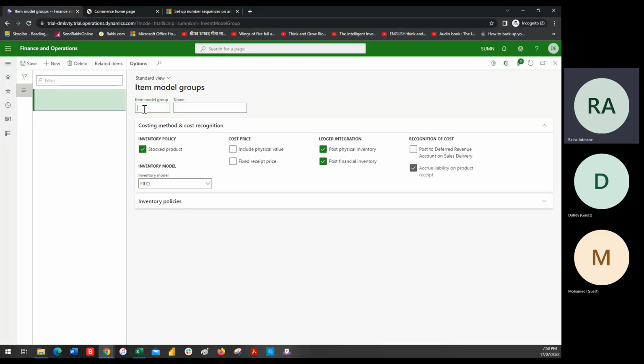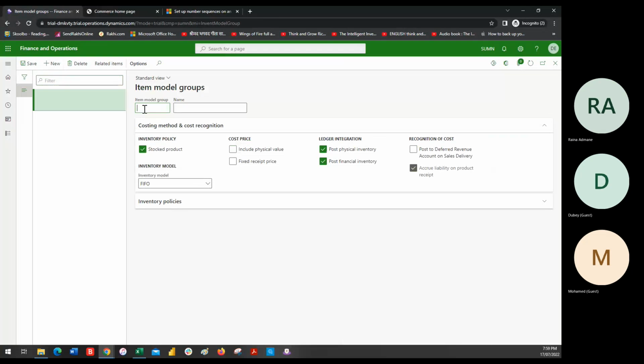For example, if I purchase a material at $10, and the same material in the next slot is $12, because cost varies for the same material due to certain reasons. But when you issue it to production, or when you do the costing part, what is the method? If you say LIFO, it will say the last in should be